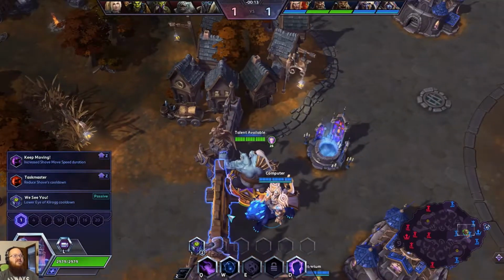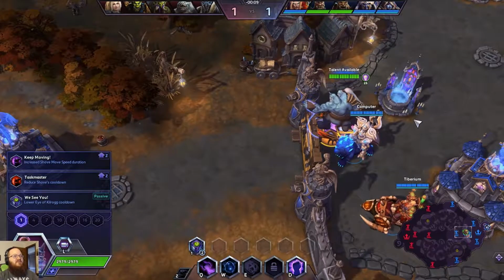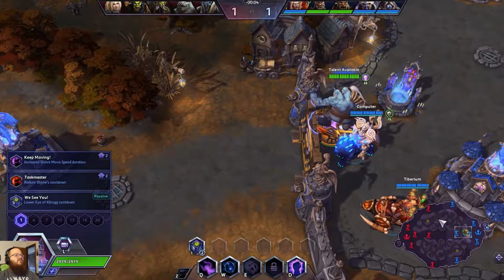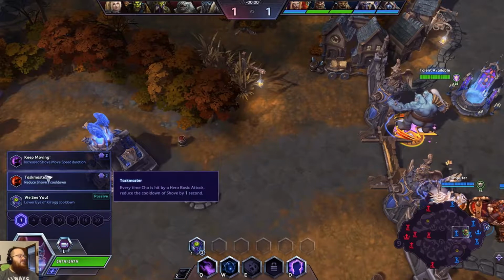So, Gall is a little bit more relaxed. I'll have more time to talk about my abilities and everything, since I don't have to concentrate on being a tank. I can just sit back and wonder where he's going to take us, wonder why he's doing that. Just kidding. So, we're going to go with...